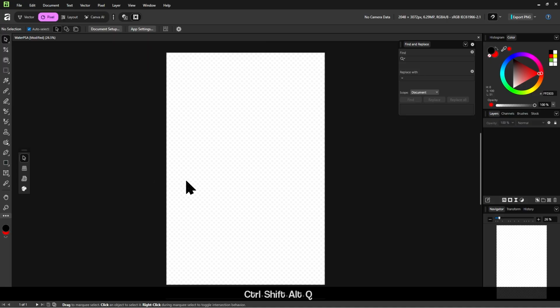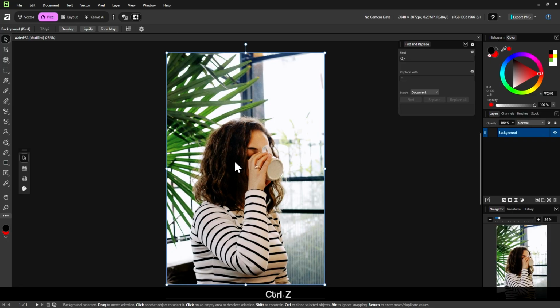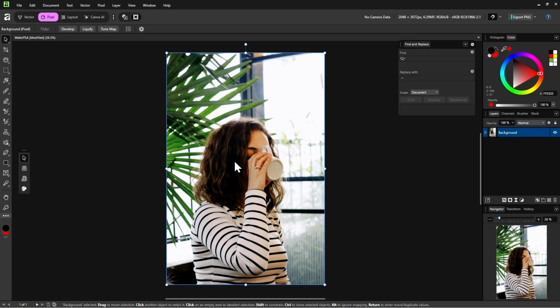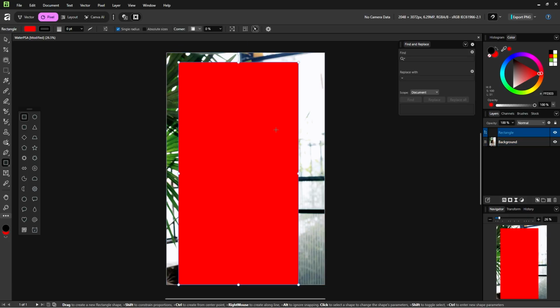So let's close the edit menu and try pressing Ctrl+Z. So undo will undo anything that you accidentally did. Like for example, let's say we go into the rectangle tool and we make a rectangle that is way too big like this, that covers up the lady, and we wish we hadn't done that.